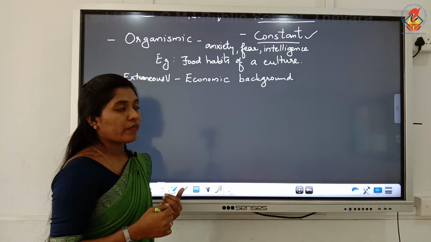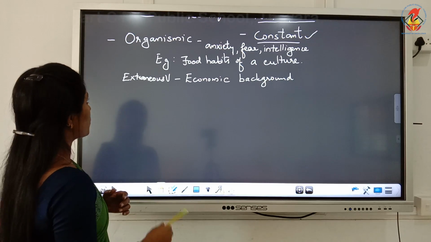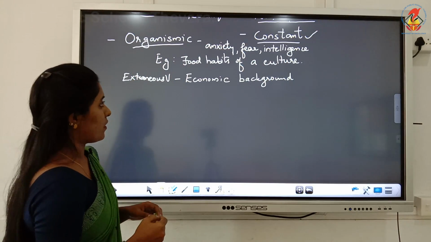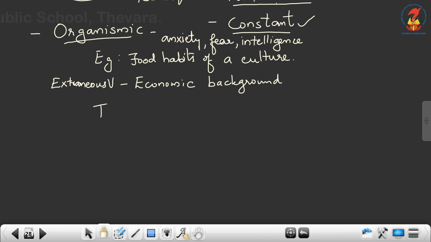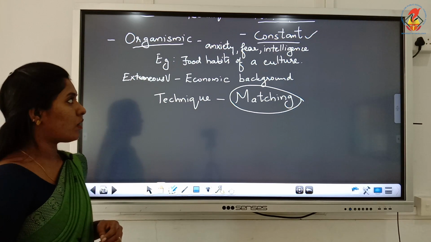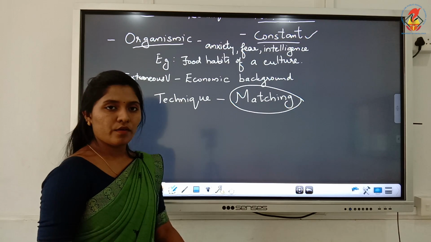So which technique can we use to control the organismic variable? We can use the technique matching. Matching is the technique used by experimenters to control the organismic variable.